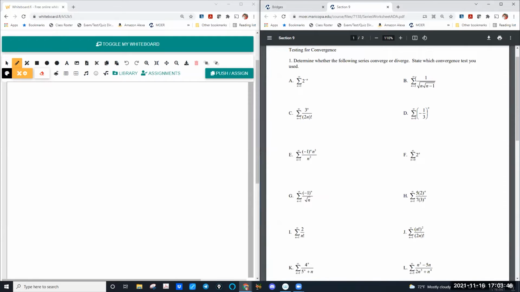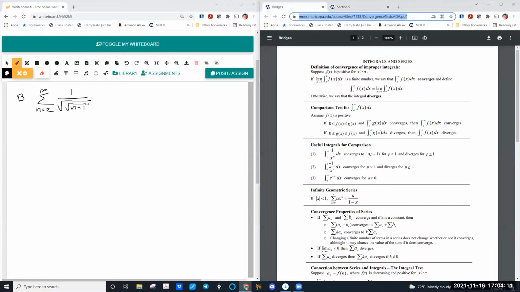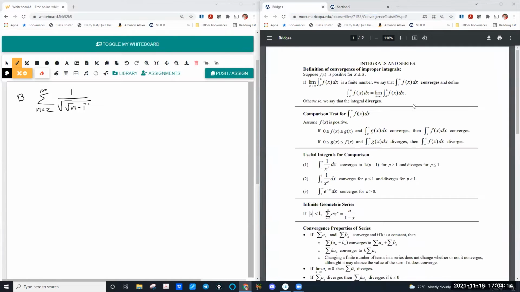So let's take a look at B from the worksheet. So in 1B, which is the series from n equals 2 to infinity of 1 over the square root of the square root of n minus 1. All right, and like I said, you're going to have this sheet for the exam, so I want you to get practice using it. All right, so what we do when we encounter one of these,